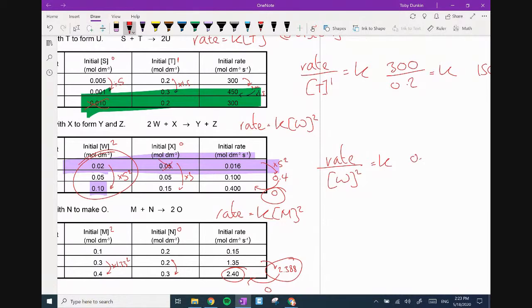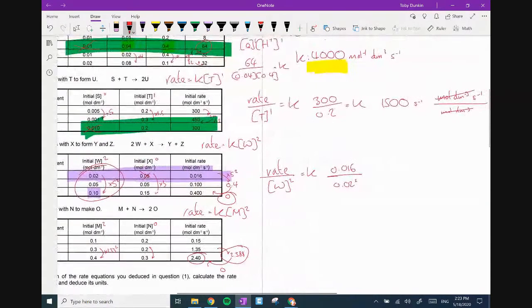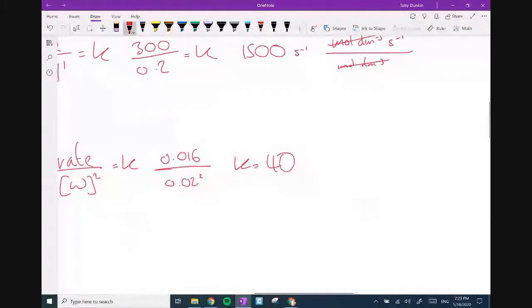So the rate is 0.016 over 0.02 squared. Got to watch out for that. 0.016 divided by 0.02 squared, and I get a rate constant of 40. Units: moles per dm cubed per second